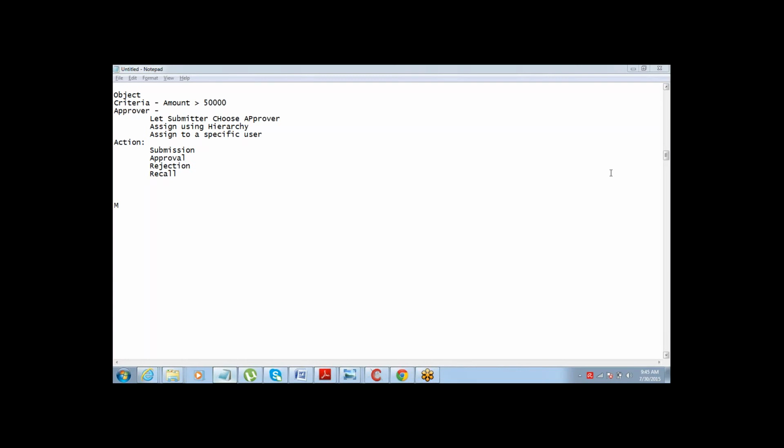Sorry, just give me 1 second. If you have created an approval process for orders, and all the orders go for approval request, you don't need to create a pick list field. That's not required. The action for approval, you can just define as an email alert. Email goes to you, and you get to know that this order is approved and this is rejected. But if you look into that after 2 or 3 days, you will have difficulty. So that's for ease of the end user. From the Salesforce side, it's not mandatory.